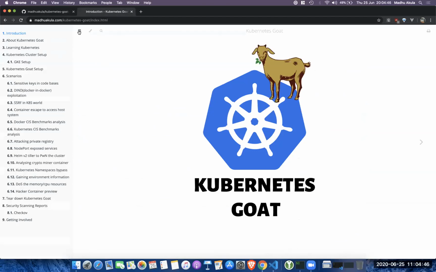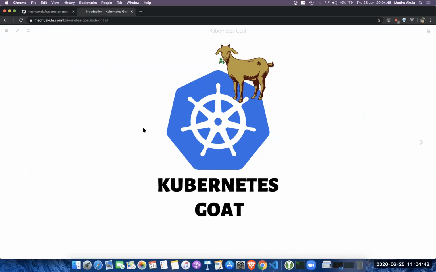So the main intention of why I started Kubernetes Goat is that there is a gap between current pen testing people, as well as testers, and modern technology like DevOps teams. The modern teams have been evolving, building Kubernetes, moving into production, running different workloads.